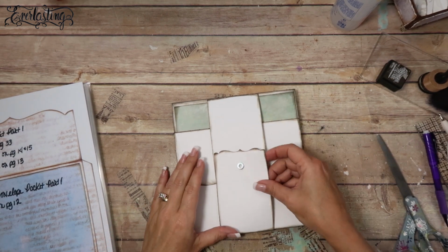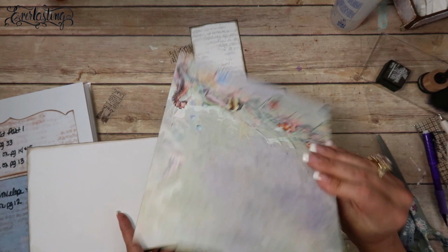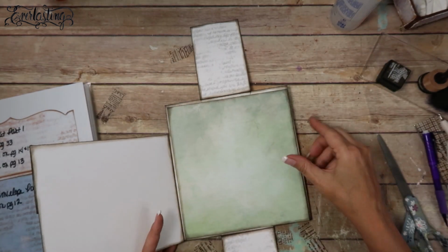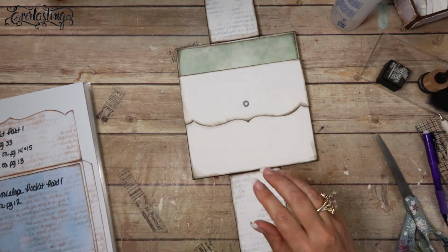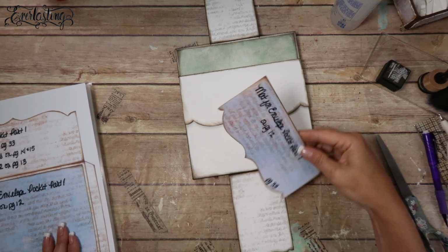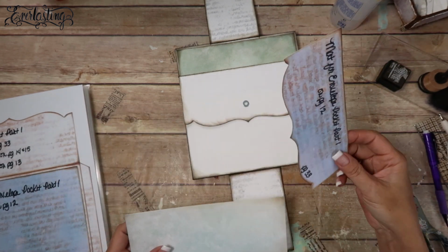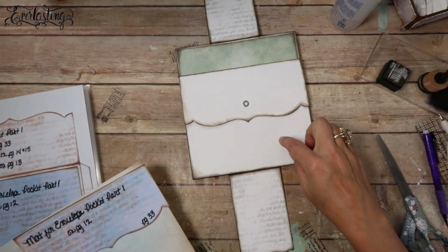Okay, so while I was off, I went ahead and picked a color for here. See, the back side is just way too oceany. So I picked the whole green for that, right? So I went ahead and cut that out. So for this, the mat for that lid is on page 33. So what I was thinking about doing is using this part for this top and then this part for the bottom